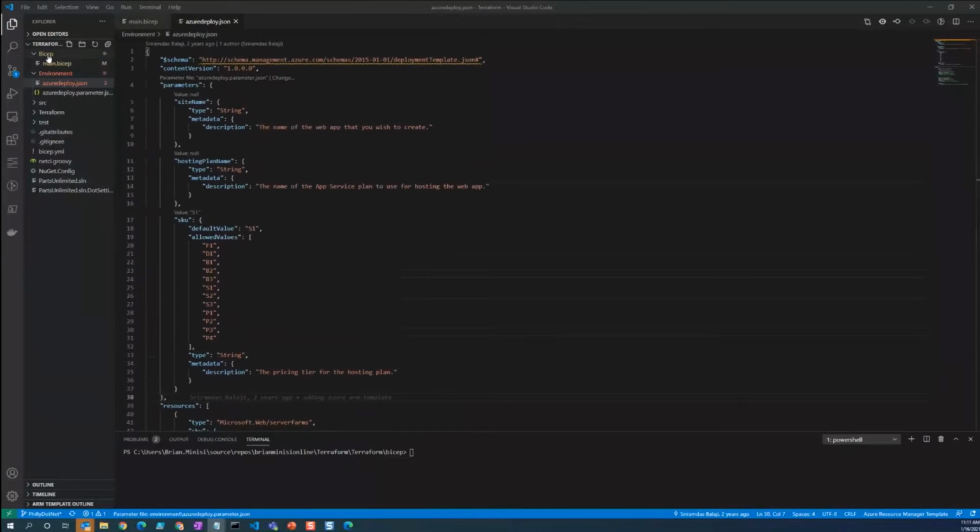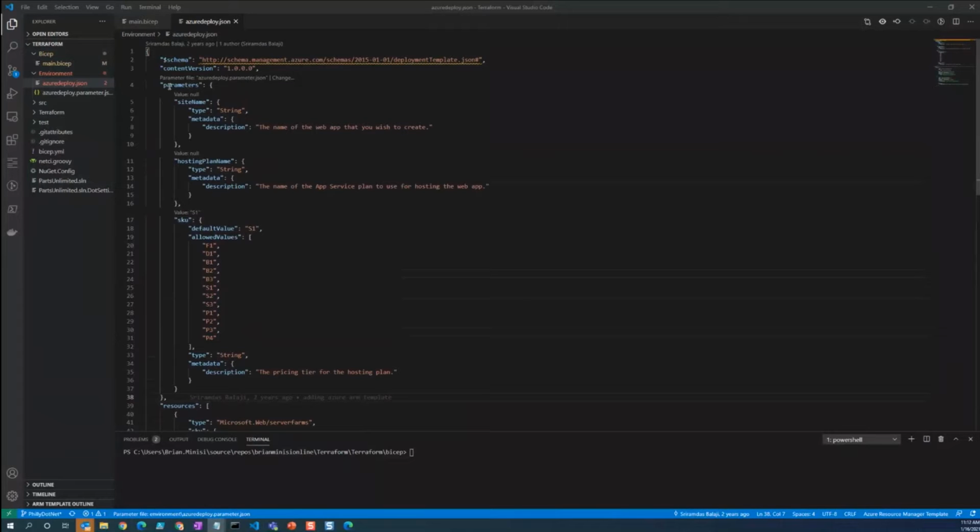So here we have a Bicep folder and we have our main.bicep file. What we're going to do is build this out by writing within our main.bicep. All you have to do is create a file with a .bicep extension, and after you install the extension within Visual Studio Code, you'll have IntelliSense and color coding and all those great things that you would have with any other language.